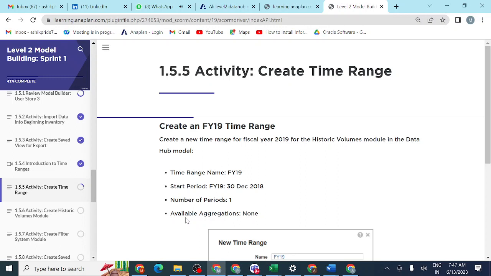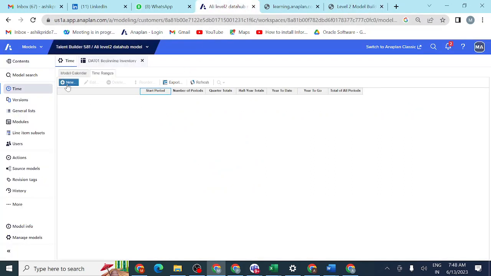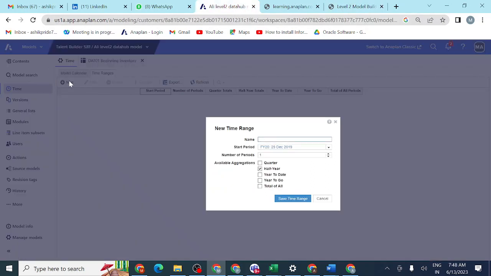You can see here, create time range. The time range name is Financial Year 2019. You should click on time ranges for a new time range, then give the name Financial Year 2019.